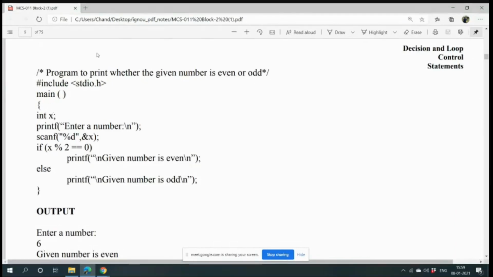Scanf. Why have you given %D here instead of %F? Is it decimal? It is not decimal. X is an integer. For integer, we have to use %D. And in double quotes, see the format of scanf. Every scanf will have this format. Inside double quotes you have to put the format string, then you have to place one comma,